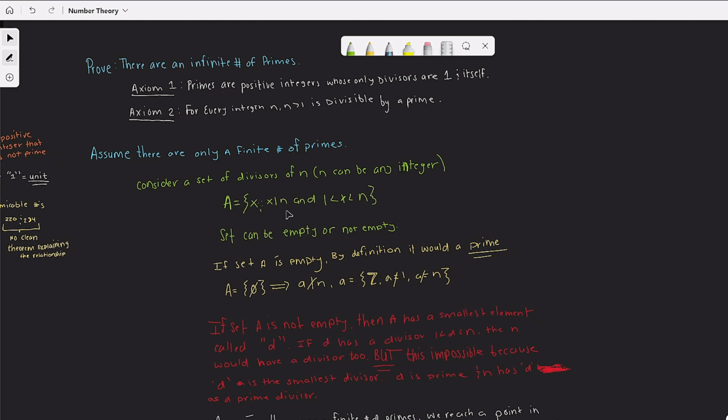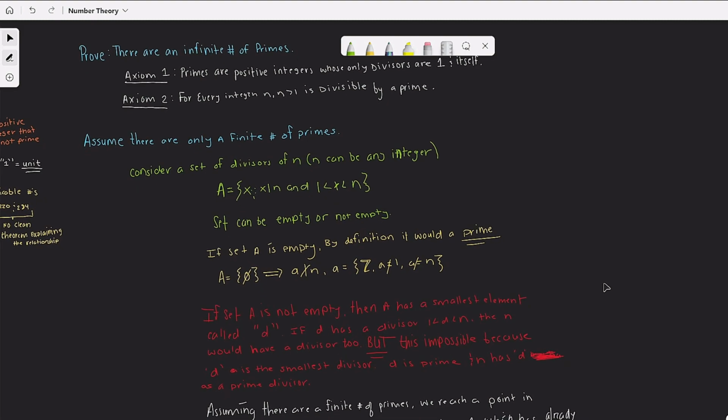Then A has the smallest element, and we could call it D. So set A has the smallest element, we're calling it D. If D has a divisor, D would be greater than 1 but less than n. Then n would also have a divisor too, right? N would have a divisor too. But this is impossible because we've defined D as the smallest divisor. D has no divisors. D is prime, and it's either 1, and it is 1. It can only be 1. And so if D is prime and n has D as its prime divisor, it is impossible to have another